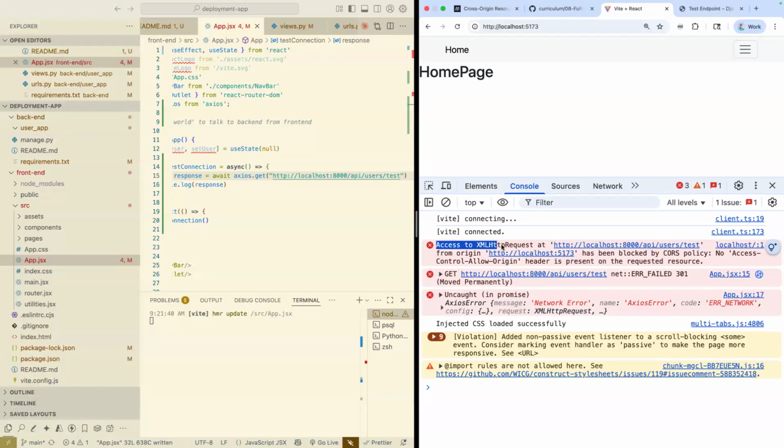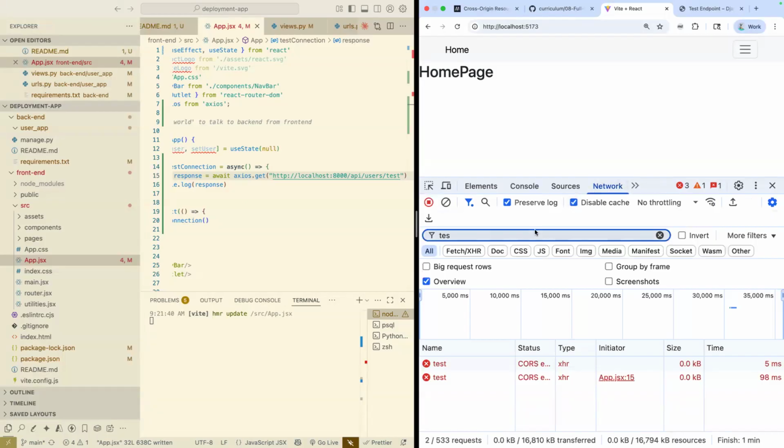This error message: access to XML HTTP request at our endpoint from origin. And origin is a fancy word for essentially the protocol, the host name, and the port. It has been blocked by CORS policy. No Access-Control-Allow-Origin header is present. And in fact, if we look at the network tab here and we search for our test endpoint,